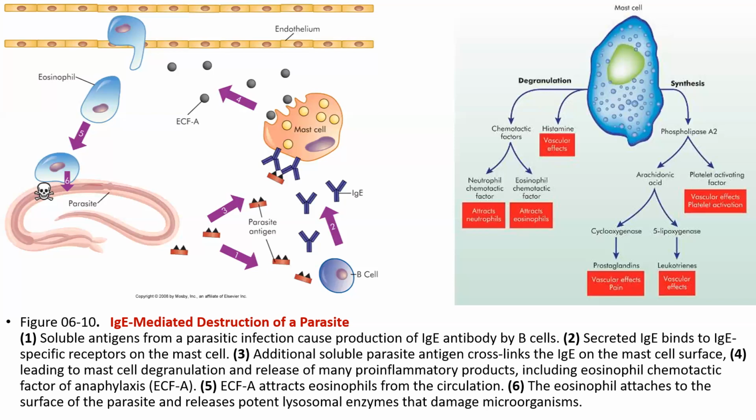When we said that in this case the parasite is going to activate the B cells attached to the mast cells, the mast cells will be activated to release the ECF only, which is the eosinophil chemotactic factors. What's the function of this ECF, eosinophil chemotactic factors, which has been released from the mast cells? It is going to get all these eosinophil cells from the bloodstream